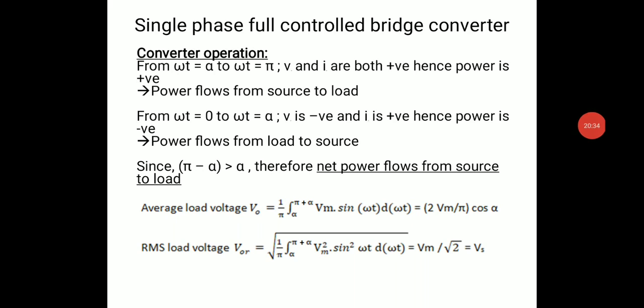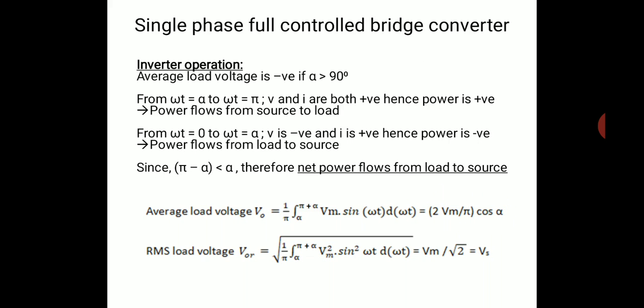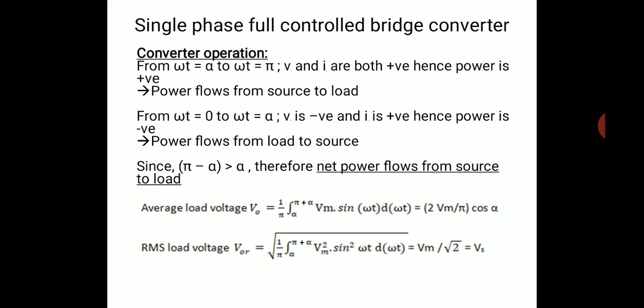Okay, so now you can see that we have our rectified expression. The limit is from alpha to pi plus alpha, and the expression for load voltage is 2 Vm by pi into cos alpha, and RMS value is Vm by root 2. This was converter operation. If you observe this expression for load voltage, 2 Vm by pi into cos alpha,